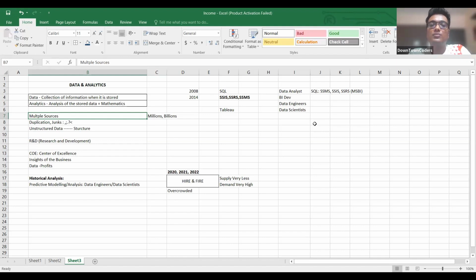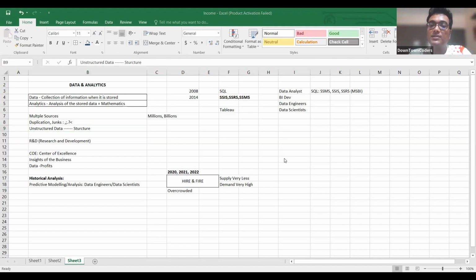In simple words, I am giving an unstructured data structure. Those kinds of things used to happen using SSIS. And using SSRS, we used to represent all the analysis through visualization. It's SQL Server Reporting Services, where we were able to prepare the reports. So that was the work of a data analyst.